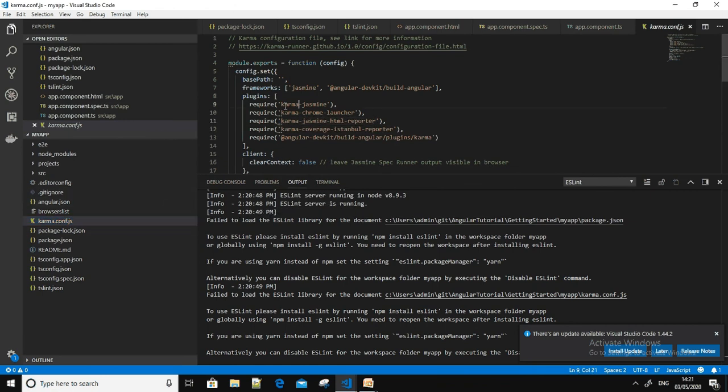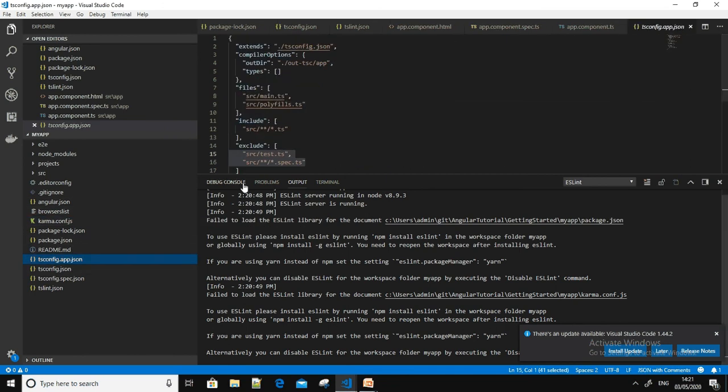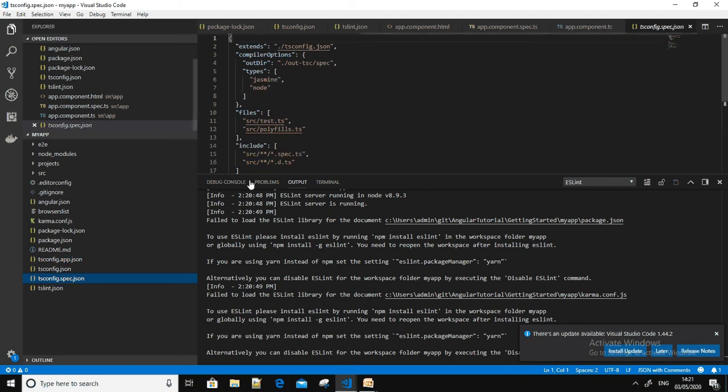Here you can see Jasmine is another framework which is also used internally. Then the tsconfig.app.json file, which has the app specific TypeScript configuration. Then the next one is tsconfig.spec.json, which has the details for running the tests related to the application. There is also an application specific tslint file, which gets created as well. So these are the application configuration files.